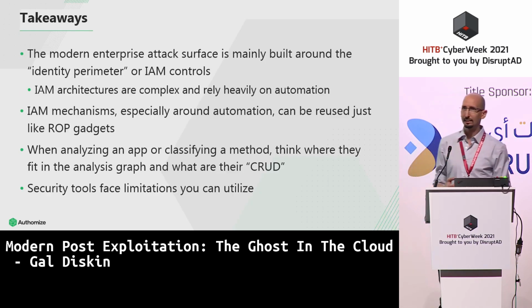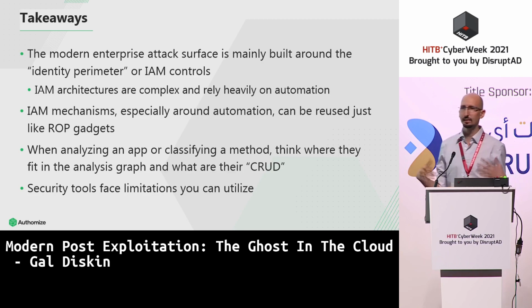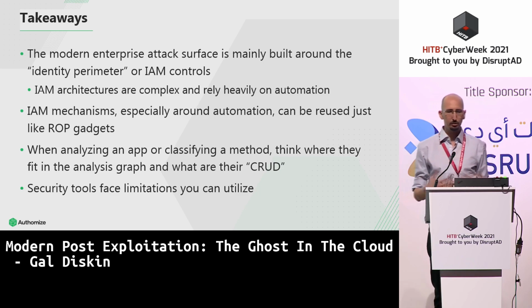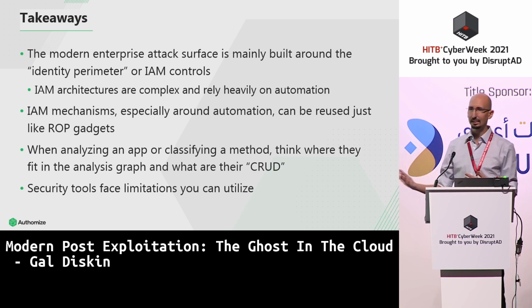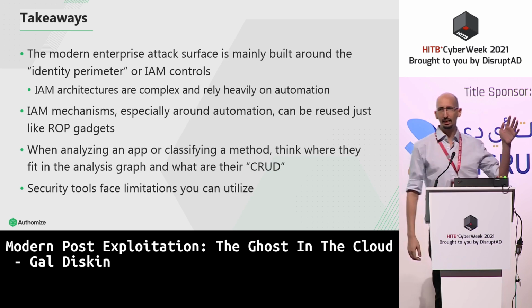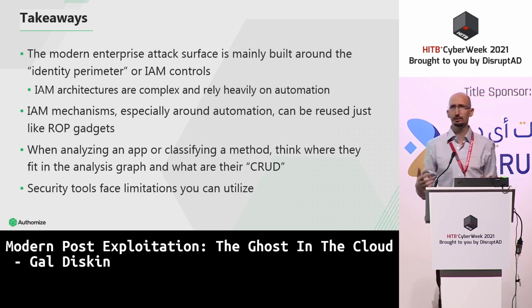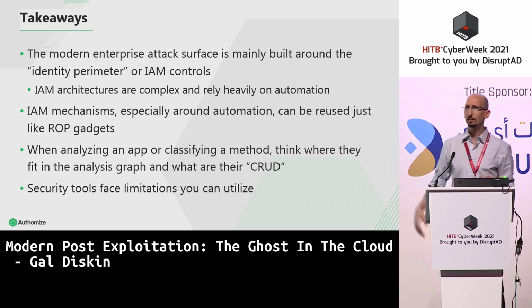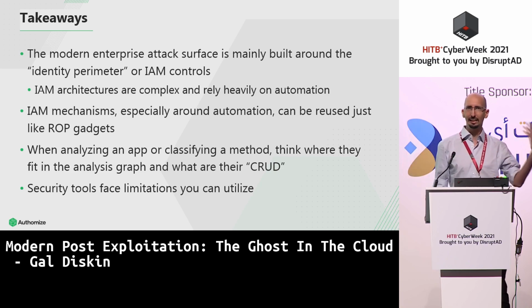To finish and leave some time for questions, some takeaways. The modern enterprise attack surface is mainly built around the identity perimeter, or the IAM controls. And IAM architectures are complex and they rely heavily on automation of granting access. The IAM mechanisms in general, especially around automation, can be reused. Just like you can reuse ROP gadgets when you're exploiting a binary application, you can reuse pieces of IAM applications when you're attacking an organization and trying to move between all the applications the organization has and the infrastructure that